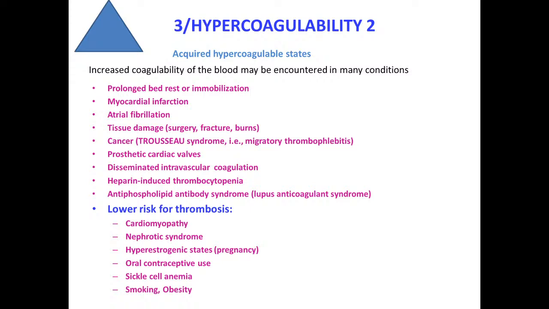Acquired hypercoagulable states include many conditions: prolonged bed rest or immobilization, myocardial infarction, atrial fibrillation, tissue damage, surgery, fracture, burns, cancer, Trousseau syndrome, migratory thrombophlebitis, prosthetic cardiac valves, disseminated intravascular coagulation, heparin-induced thrombocytopenia, antiphospholipid antibody syndrome, and lupus anticoagulant syndrome,